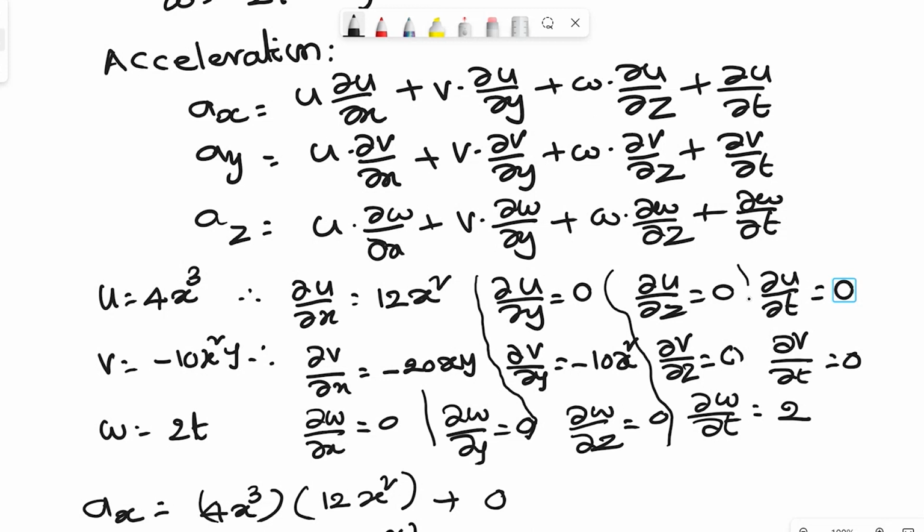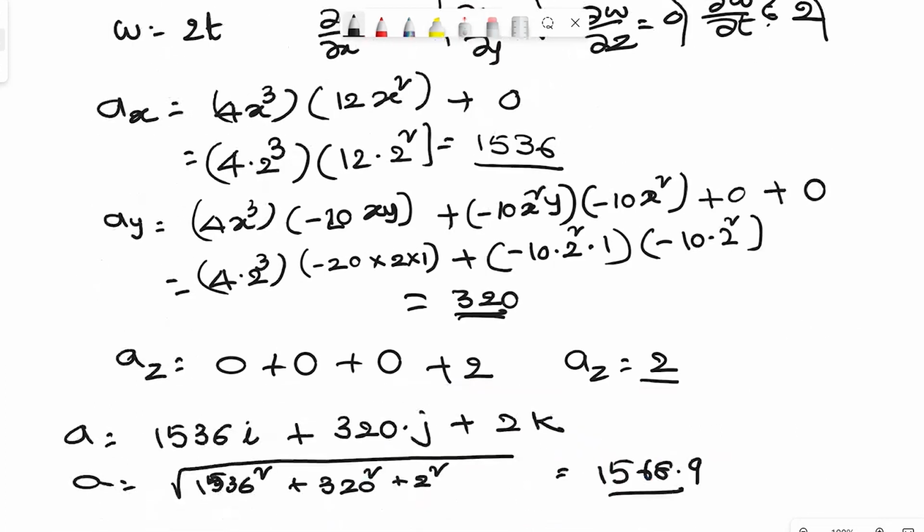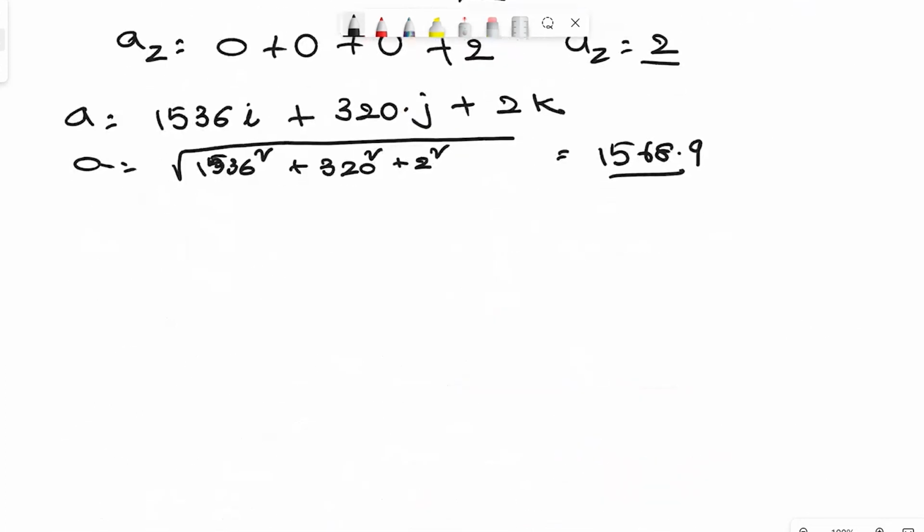Then the substitution of the values in that. So let us take another problem in the same area. So again, the next problem is a flow field is given by